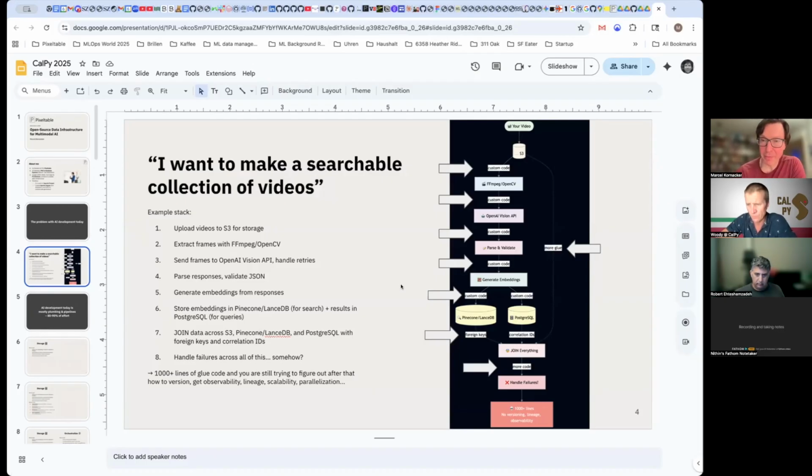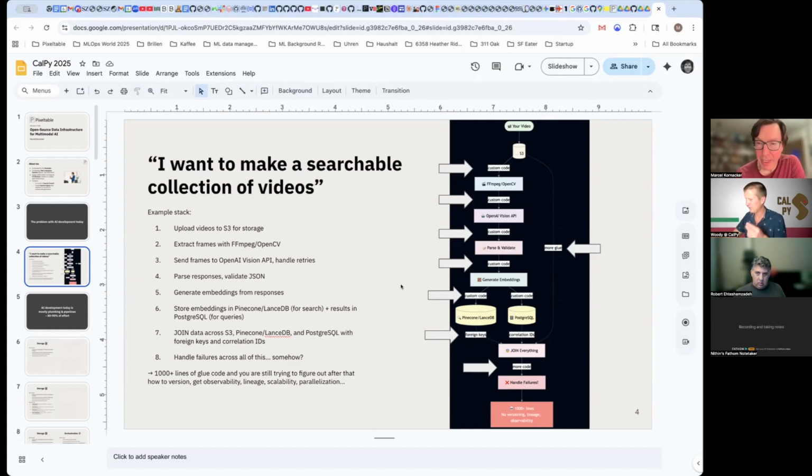This is typically done in the Python ecosystem. Every inference service has a Python SDK. A lot of this is done in Python and started in Python. And so there are a lot of open source packages out there to help you work with videos and make them searchable.